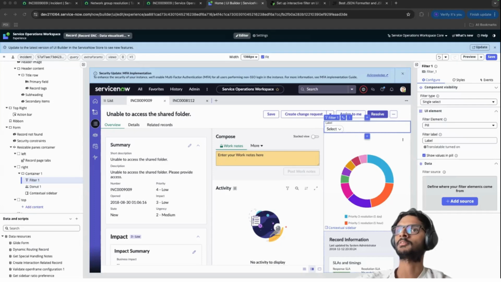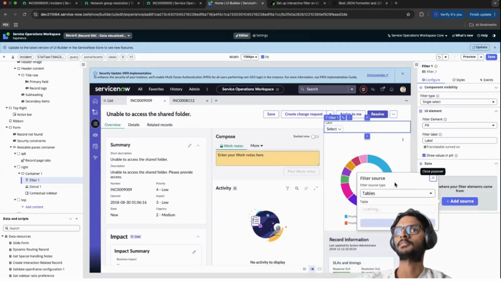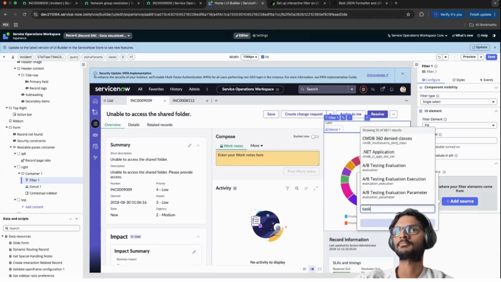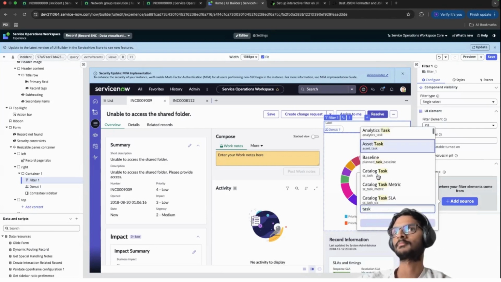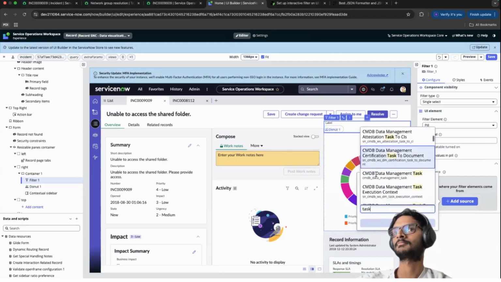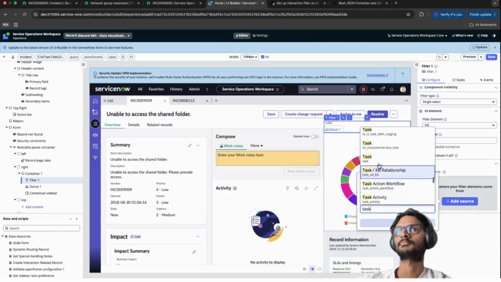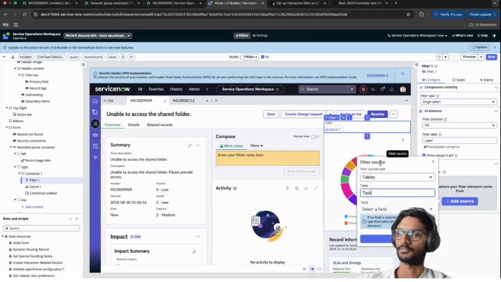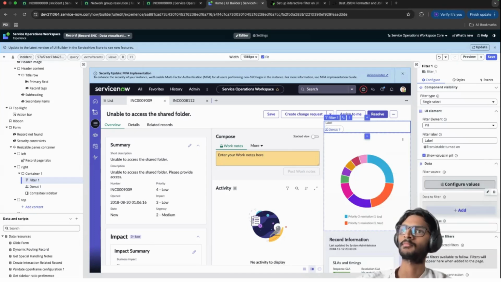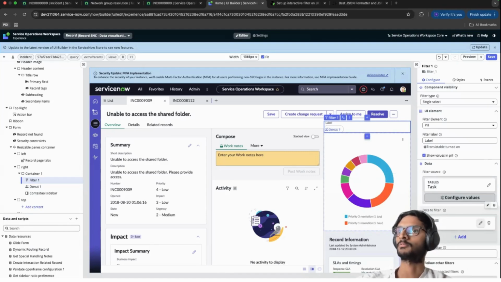So for this, the table would be the task. Here we have the task type, and I'll not select a field. And the data to filter would be